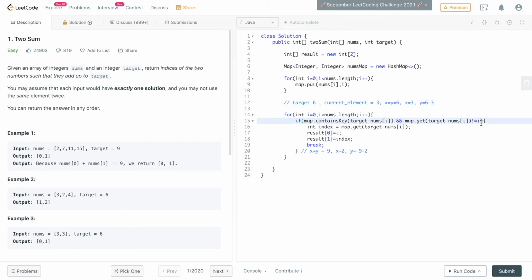If we do that, then in my opinion, we are safe from counting the same element twice. So now we have the result ready. All we have to do is just return the result. So let's return the result and run our code.